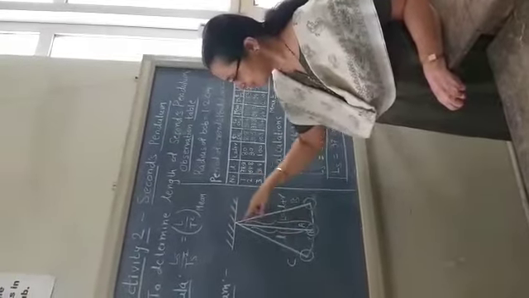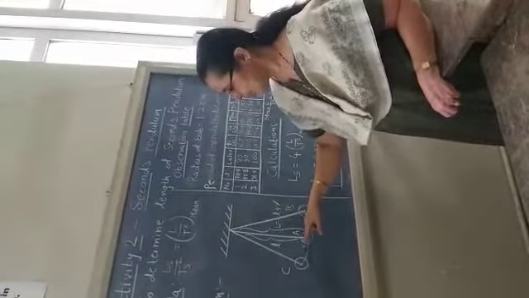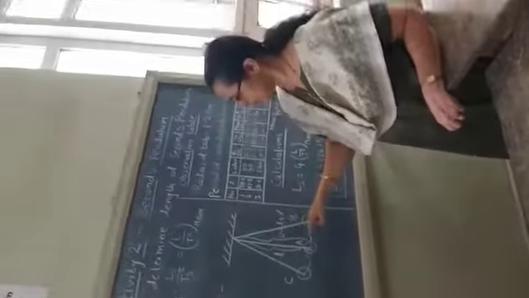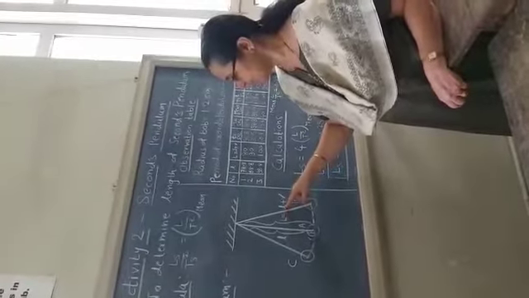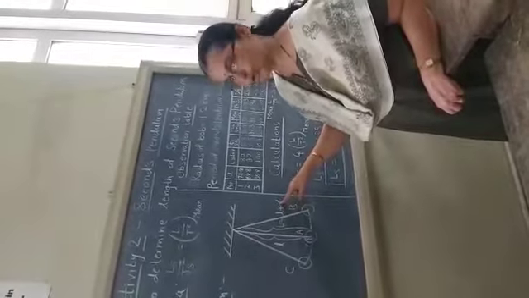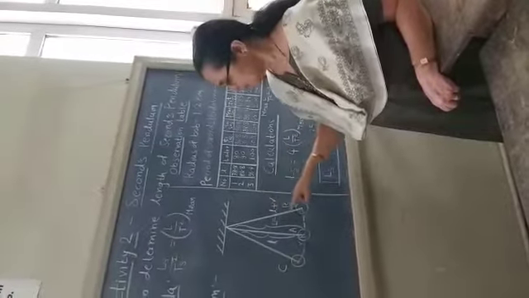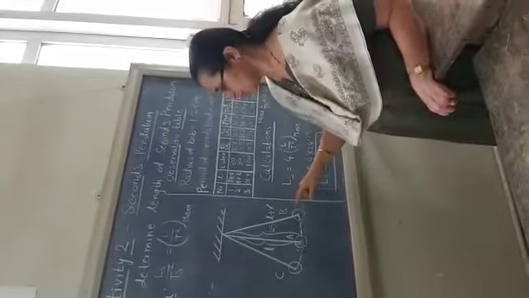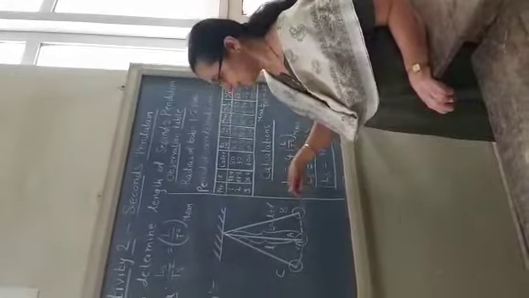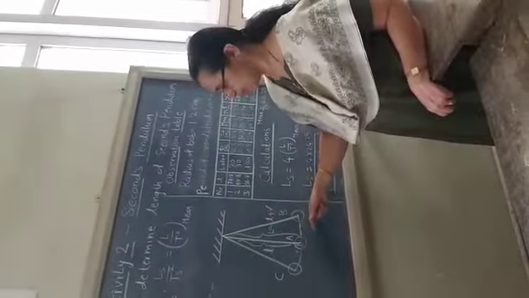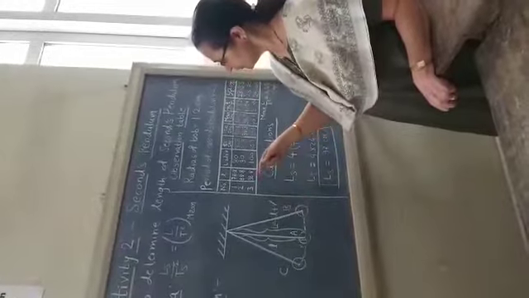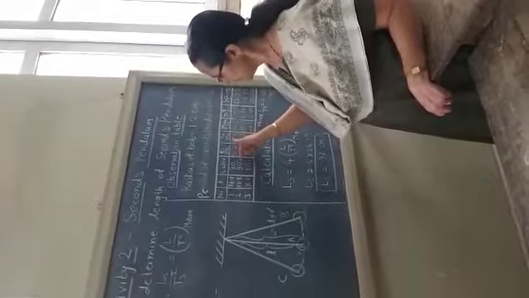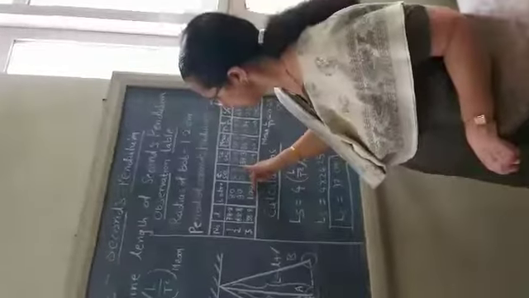Now this small l is the length of string and small r is the radius of the spherical bob. Therefore the length of the simple pendulum is capital L, which is small l, the length of string, plus the radius of the bob. Now we have to find the period required for one oscillation for 3 different lengths of the simple pendulum. Here we take 3 different lengths as 80 cm, 90 cm and 100 cm.